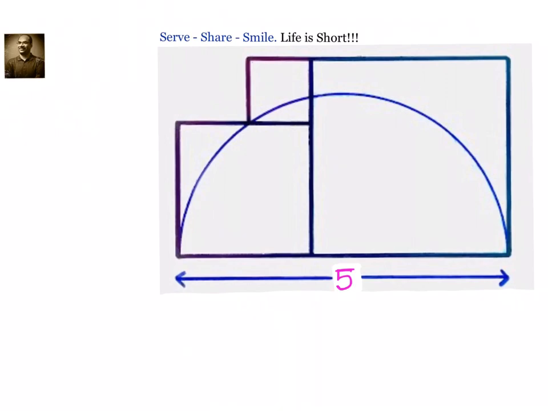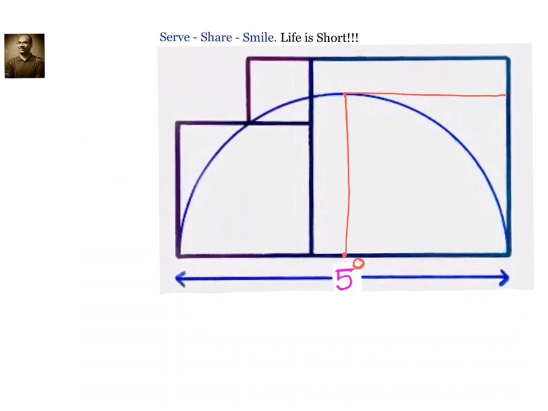and basic geometry concepts. Now to solve the problem, the point where we have to start is the semicircle, because that is what is known to us. We don't know where the center is, so let me try to identify it. Let us say this is our center O. This is the center of the semicircle. Now what I will try to do is to make a square of 5 by 2.